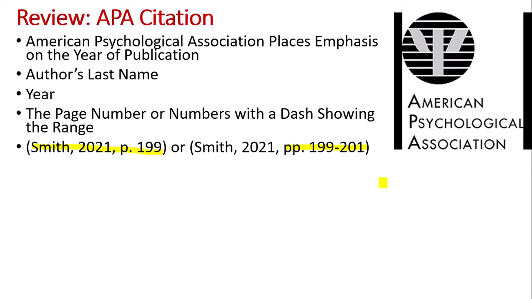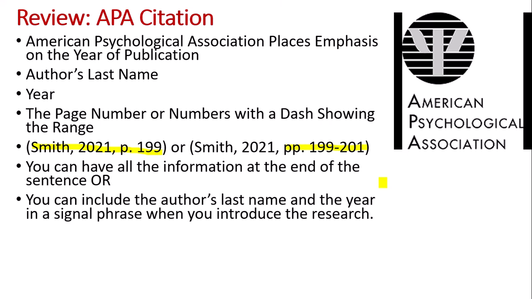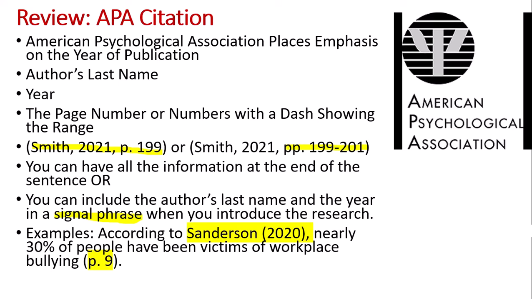So you can do this and have all of the information at the end of your sentence, or you can include the author's last name and the year in a signal phrase. A signal phrase means that you're showing where this research is from. Sometimes I will refer to this, if it's a quote, like an introduction to the quotation. So here is an example. According to Sanderson, 2020, then we have this fact, and then p. showing the page number, 9. This is